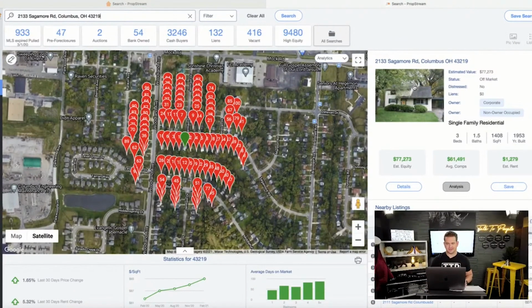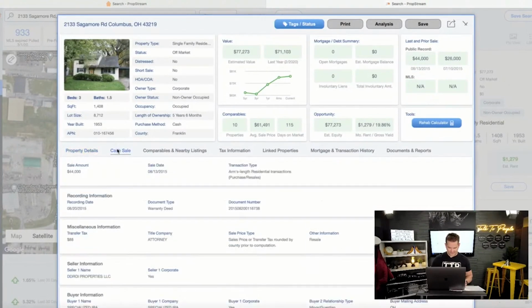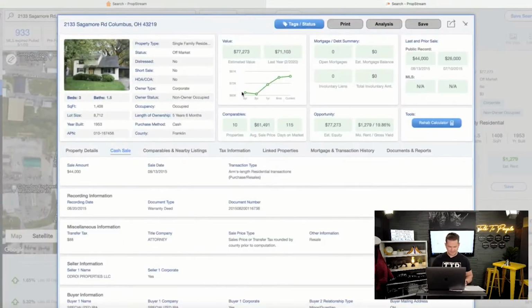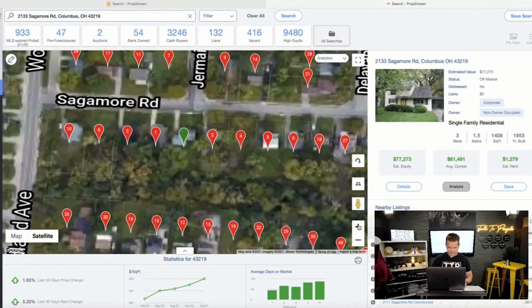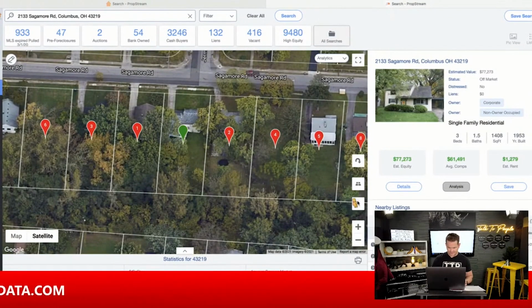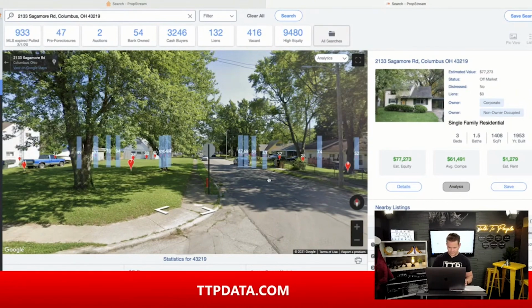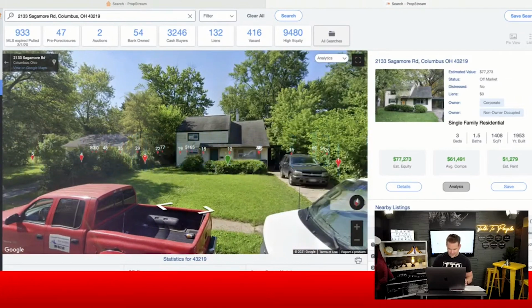Good. Look at this. Okay, we've got a property here. All right, let's take a look at this thing. Now, it looks like there was a cash sale in 2015 for $44,000. Fantastic. Okay, so I'm looking at this property. There's not much to see there from just that pic, but let's see if we can get a little bit of an aerial shot here and get a good idea of what we're looking at. All right, and I want to look at this property from the street view. All right, spin this guy around. Yes, okay, now look,